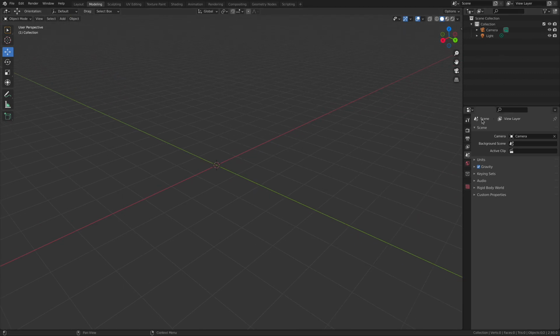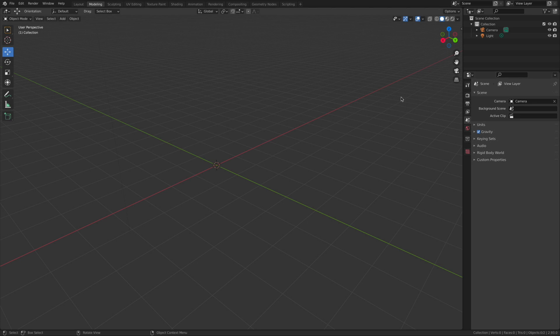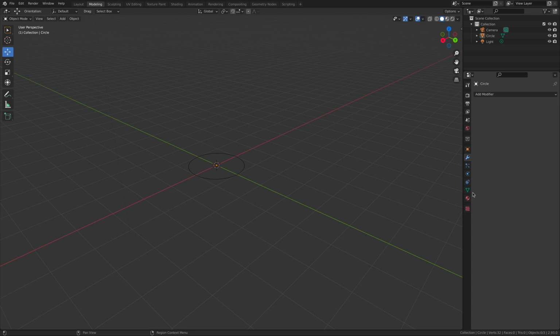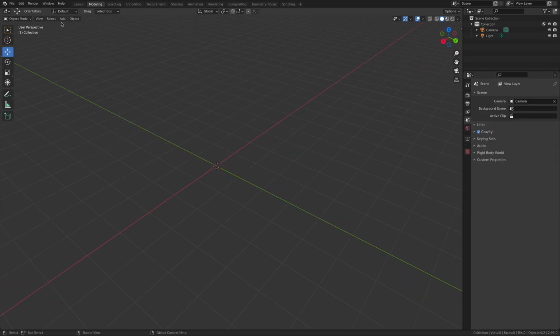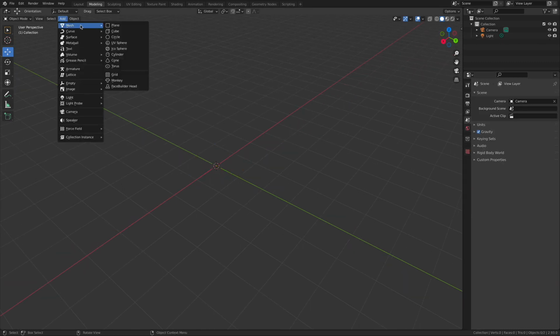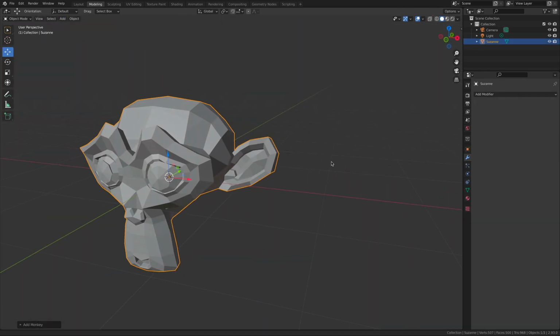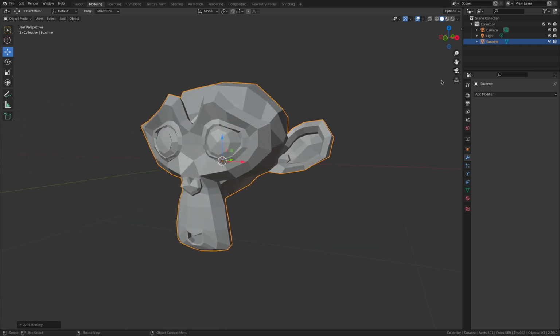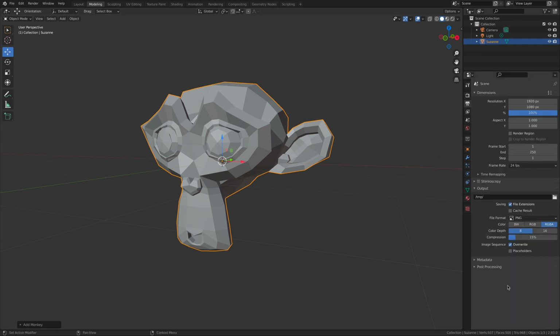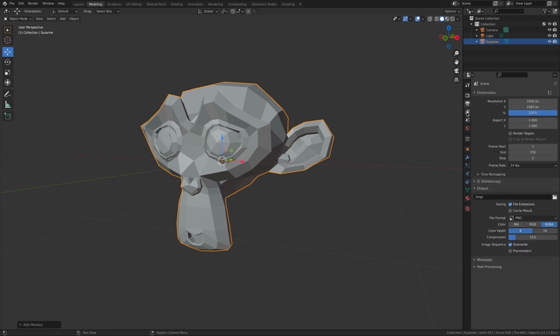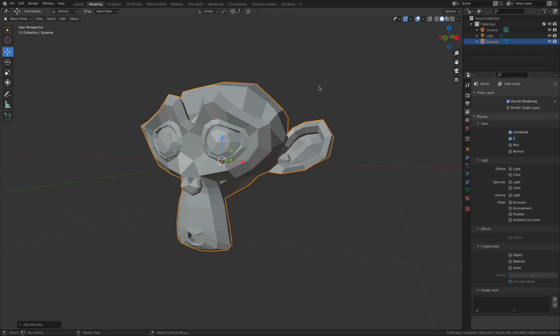Now, right below the outliner is a whole series of very important objects. And I'm going to add in a mesh object again here real fast. That way it gets populated with something. Let's do a 3D object, let's do the good old Blender monkey. There we go. Okay, so with this object in this scene here, now we can start to see all these different properties. This is the properties panel, and there's a bunch of them. I'm not going to go through all of these, but these are where you're going to go to find some granular details on the objects or the scene inside of Blender itself.